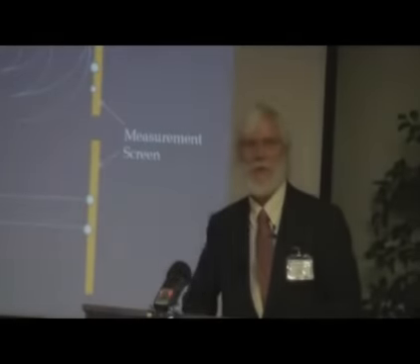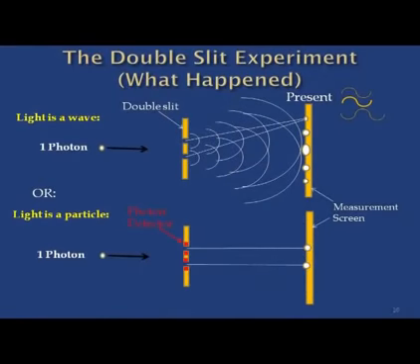Quantum mechanics existed because of this experiment. It's a very famous experiment, and it's called the double slit experiment. For many years, scientists knew that if you put light through two slits in a barrier, you would get this diffraction pattern. Some of the light would go through this slit, some would go through this slit, and then the light would interfere with each other.